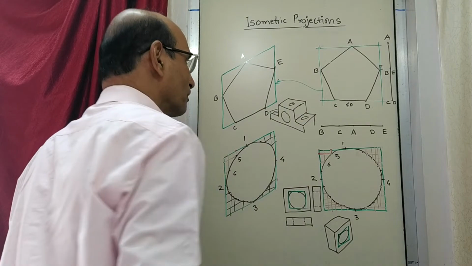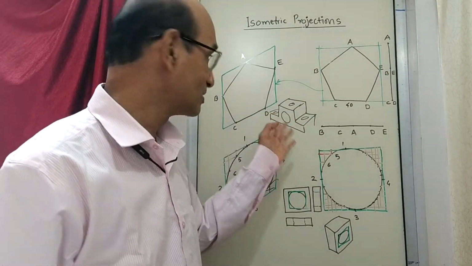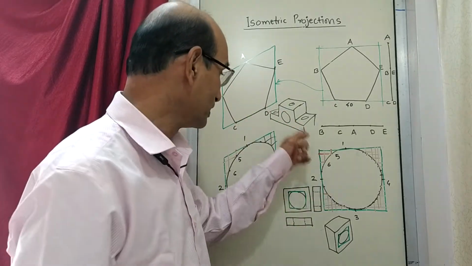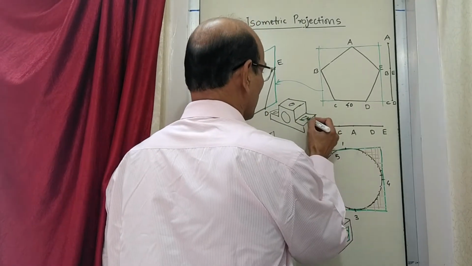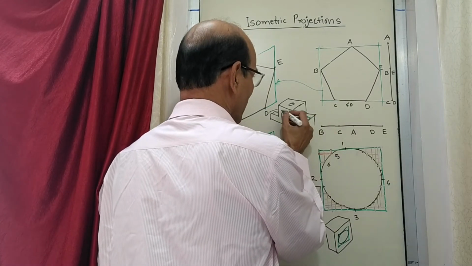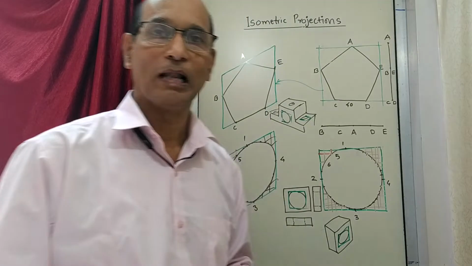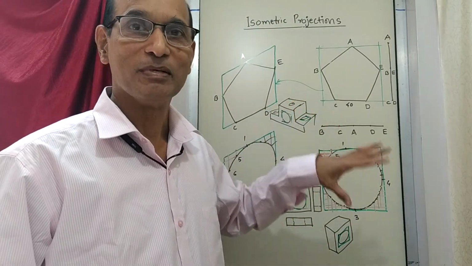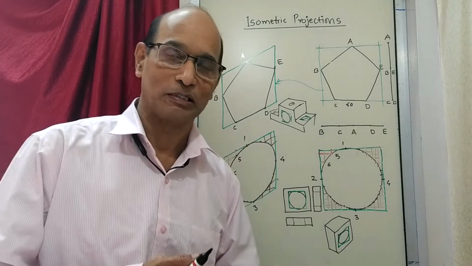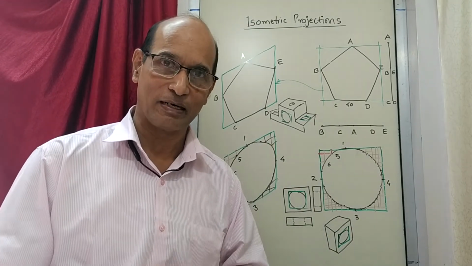Now if there are so many holes, and if you want to draw an isometric figure like this, consisting of 4 circles, and for each circle you are going to draw this green square, and then do all this everywhere, then what will happen? The whole life will not be sufficient to draw all this. Which means that there has to be a better way out. There is definitely a better way out.